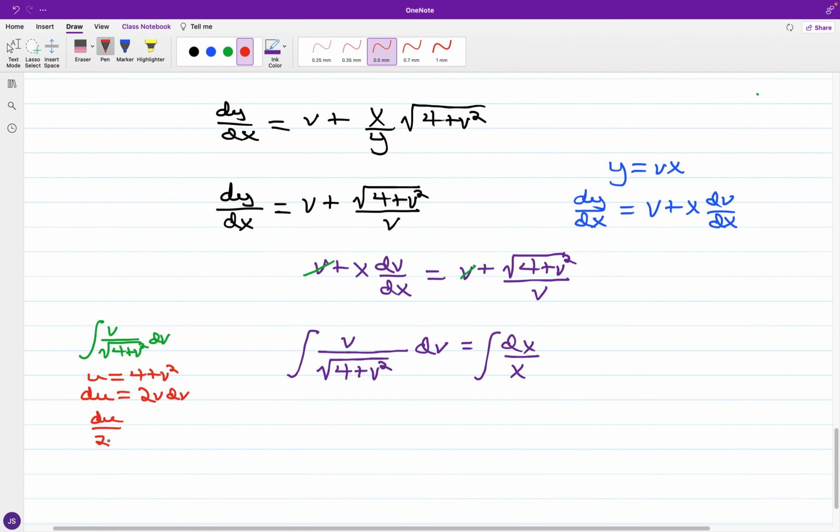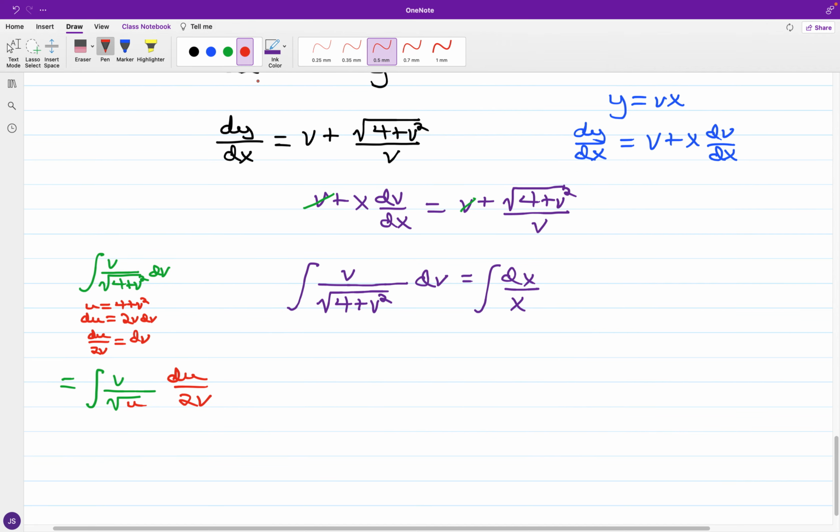You have du over 2v is equal to dv. We have the integral of v over the square root of u, and for dv I have du over 2v,